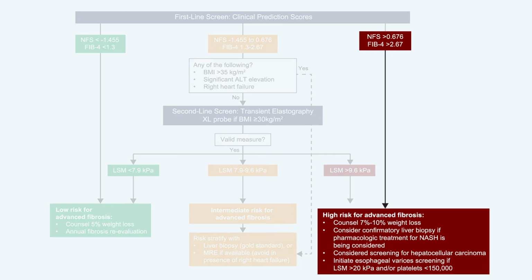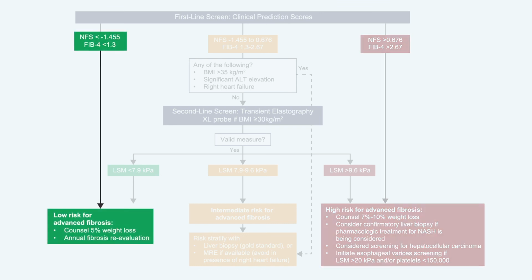If a FIB4 is 2.67 or higher, those patients have a high likelihood of having fibrotic disease and may also have the presence of advanced fibrosis. So I would recommend following those patients in a liver clinic, and you might consider them for liver biopsy assessment if clinically indicated. Those with a FIB4 below 1.3, especially those below 1, would have low risk for fibrotic disease,